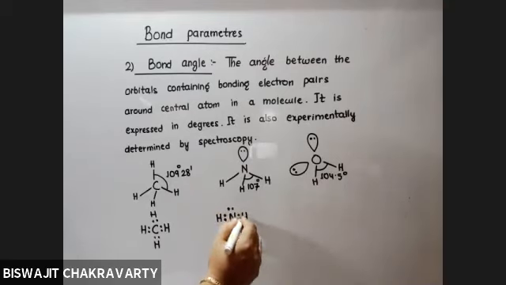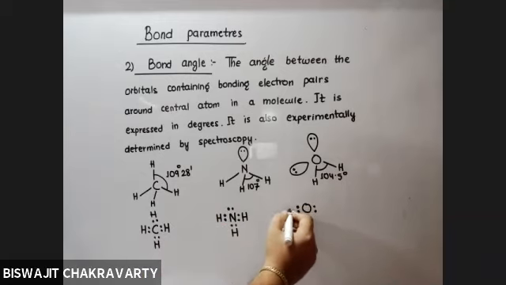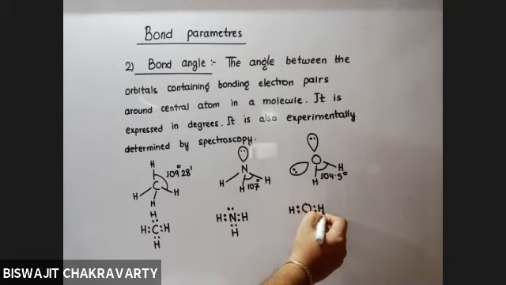But what is the difference? Are all the 4 pairs bonded pairs? No, sir. How many of them are bonded pairs? 3 of them are bonded pairs and 1 of them is a lone pair. In case of water, 2 are bonded pairs and 2 are lone pairs, isn't it? Yes, sir.